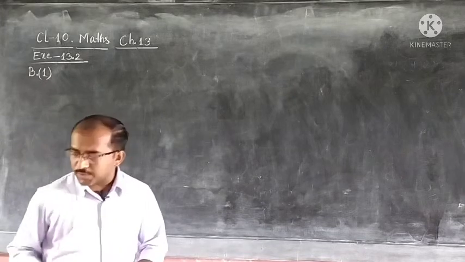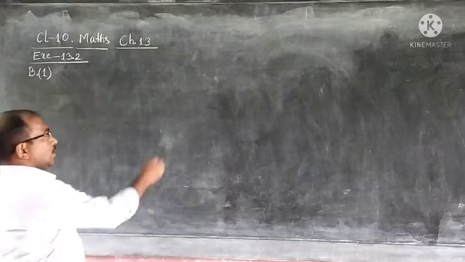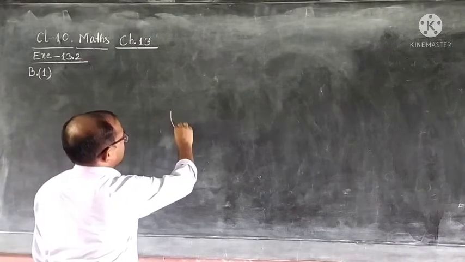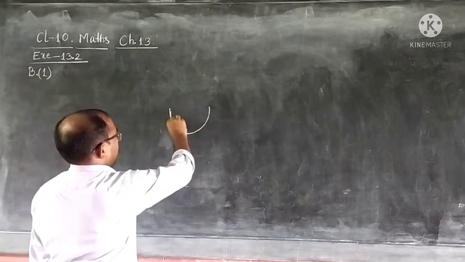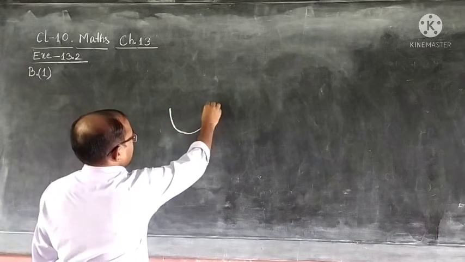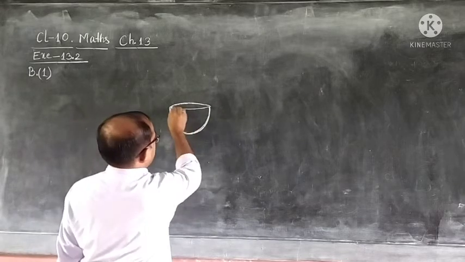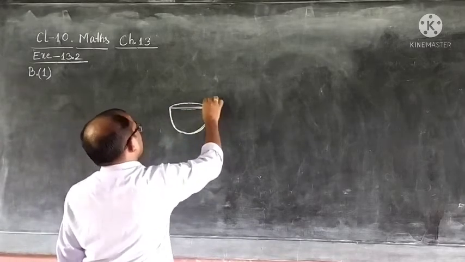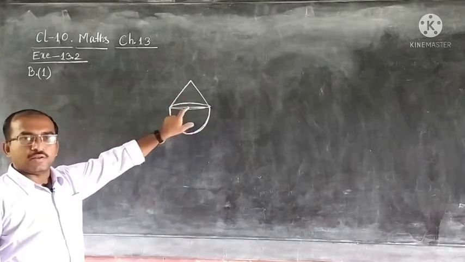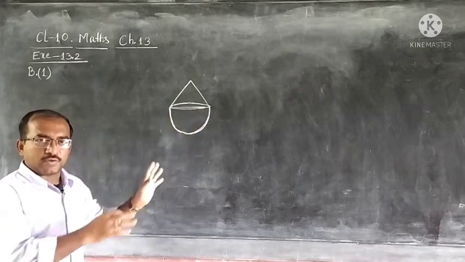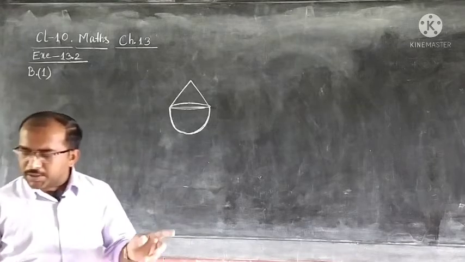Then let us start question number 1. A solid is in the shape of a cone standing on a hemisphere. So, this solid is the combination of two solids. The solid has two shapes, we can say. One is a hemisphere and the conical portion is standing above it. So, the solid looks like this. If we imagine and draw the figure, then with both their radii being equal to 1 centimeter.